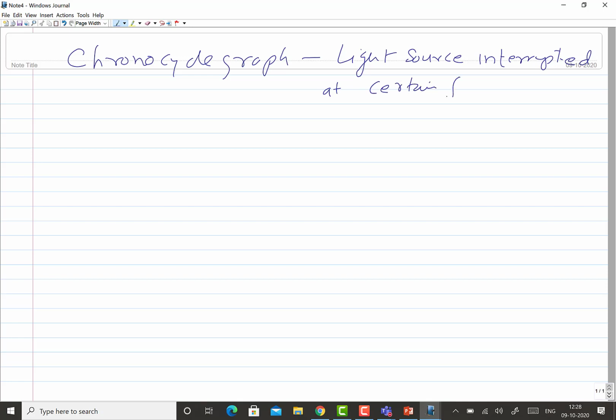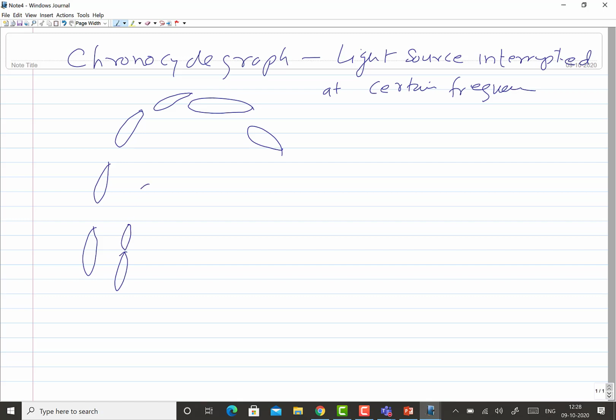Whenever it happens, we find that the light source appears in the form of these dots, pointed in a particular direction. When these dots are extremely close to each other, that indicates low speed, and this is high speed, and this is the direction of the movement.